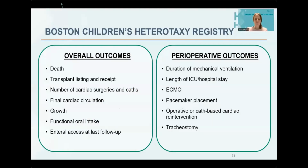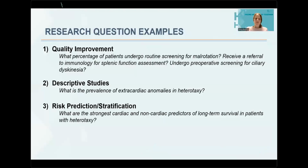For individual surgical interventions, we also collected details on duration of mechanical ventilation, length of ICU and hospital stays, ECMO, pacemaker placement, operative or cath-based cardiac interventions, and to date, we've compiled the registry from 1990 to 2014 and are working on updating the registry over the last